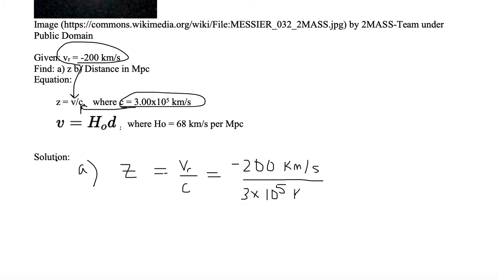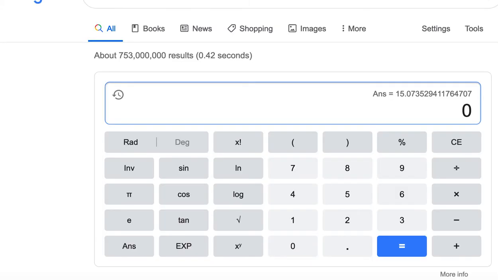Since we have like units of kilometers per second, both in the numerator and denominator, we want to go ahead and cancel letters and numbers, anything that we can. We can cancel kilometers per second easily, leaving a unitless number on the right-hand side. Now all we need to do is divide 200 by 3 times 10 to the 5th. So we go to our calculator that we look up on Google, and we divide by 3e5, and we get a value of